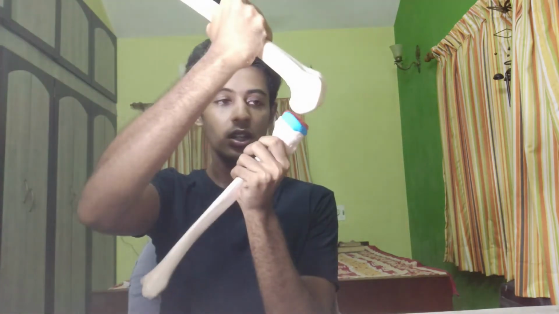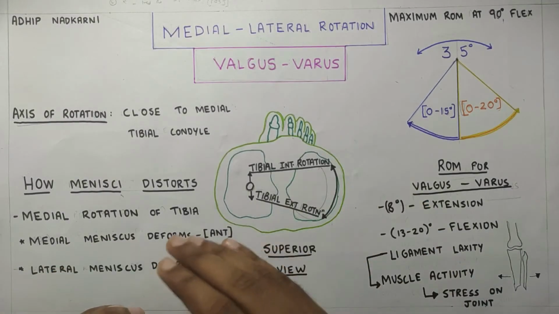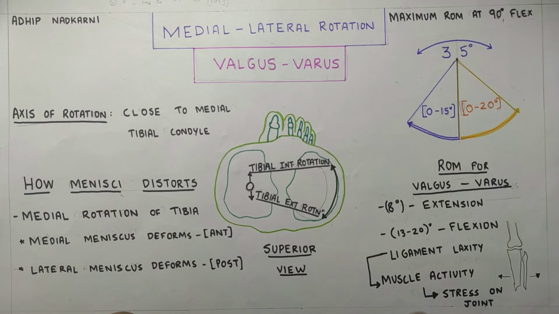Another point I would like to make is the medial meniscus is attached to the semimembranosus tendon posteriorly, whereas the lateral meniscus is attached to the popliteus muscle, and these both muscles pull the meniscus posteriorly during the flexion of the knee joint. So when the knee joint goes into flexion, there is a chance of the menisci getting injured during deep flexion. So this is prevented by the pulling of these menisci by the semimembranosus on the medial side and the popliteus muscle on the lateral side.